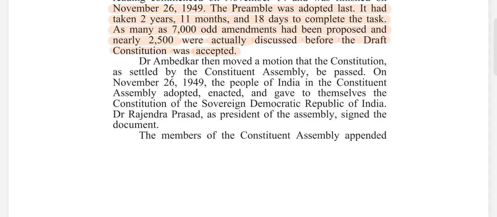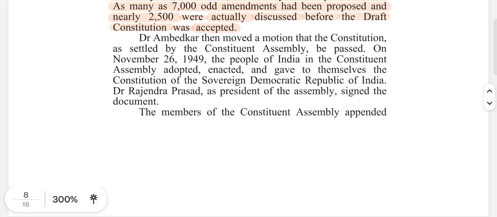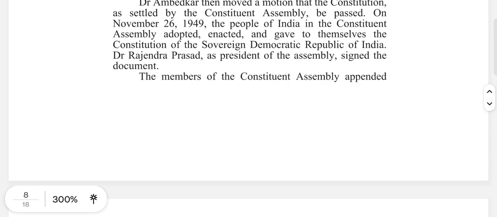On November 26, 1949, the people of India in the Constituent Assembly adopted, enacted, and gave to themselves the Constitution of the Sovereign Democratic Republic of India. Dr. Rajendra Prasad, as President of the Assembly, signed the document. The members of the Constituent Assembly appended